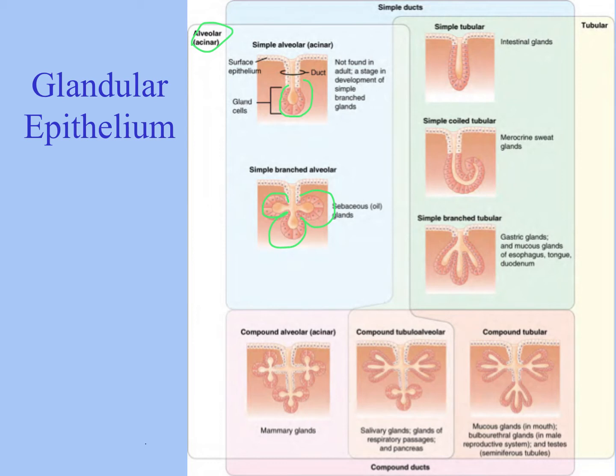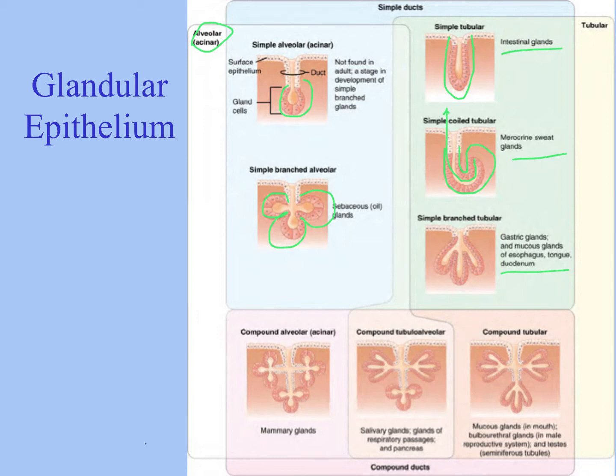Other types of glands are simple tubular, so it is in the shape of a tube or various types of tubes where things are secreted and they move through the tube to the surface. You'll see tubular glands in the intestines, sweat glands, and various other digestive glands as well. And finally, you'll have your